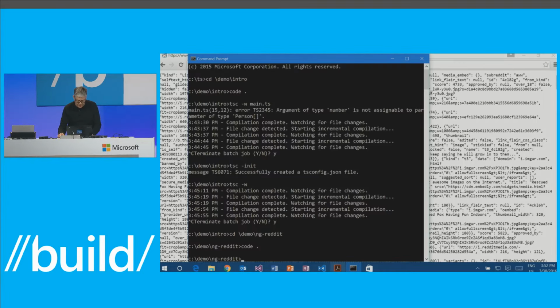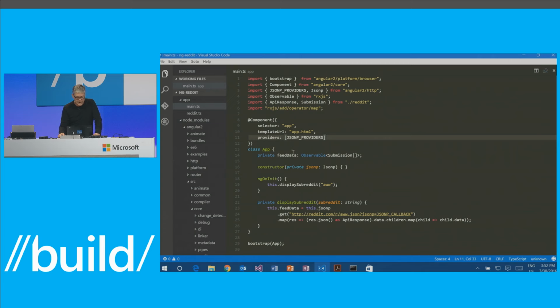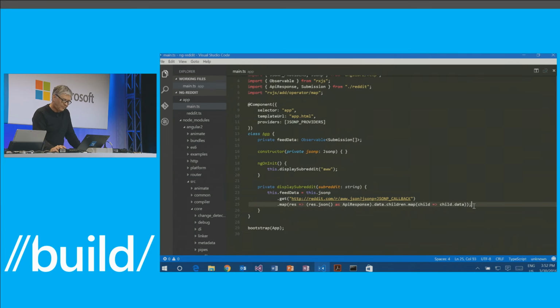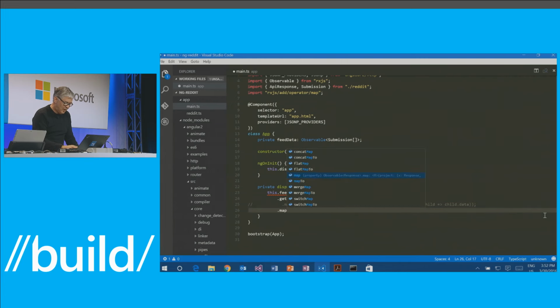So going back to our project here, what we have is basically an app that asks for JSON providers to be included in Angular, and then we display the Aw subreddit. And in order to do that, we just hit the JSON feed, and then we reformat our data right here. Now, the experience of writing this line of code here, for example, let's just try to comment it out. And let's say I was writing this line of code here. You'll see that when I say .map